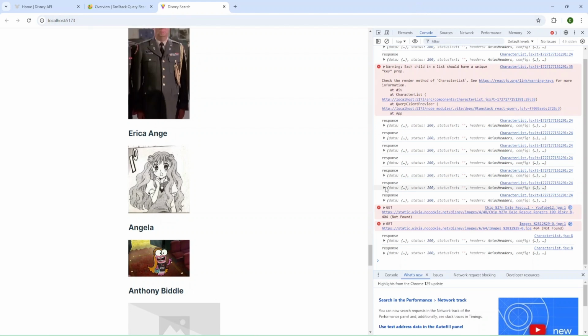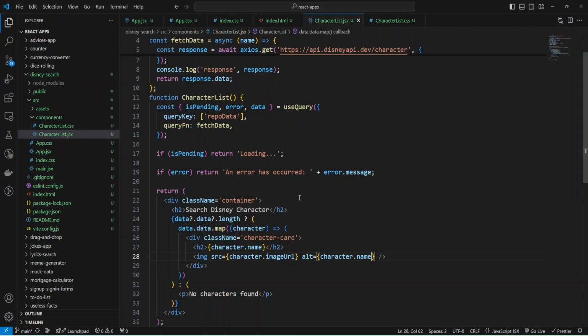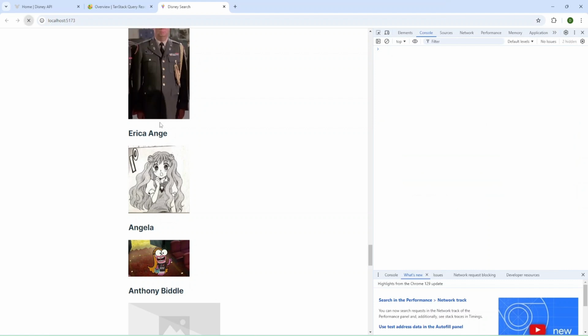Let's check our response and what we have inside data. As you can see, we have an ID, and I'm going to provide it as key, and key will be character ID. And let's save, and I'm going to refresh the page.